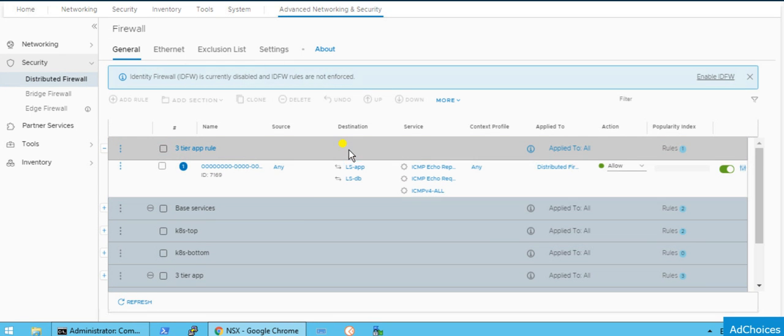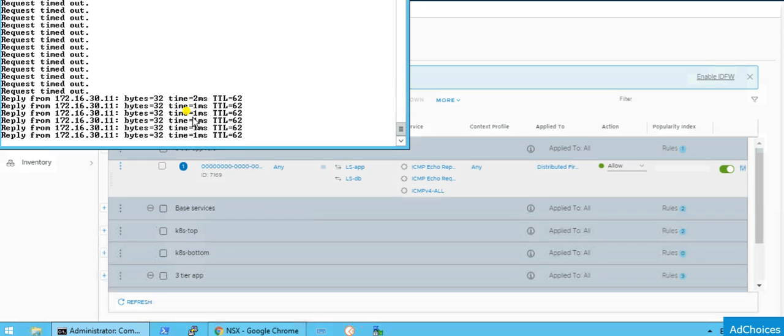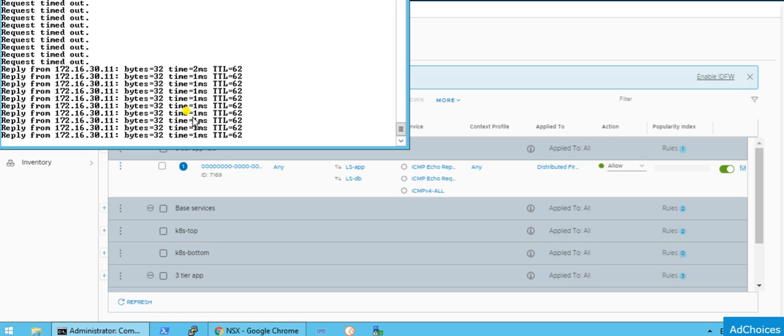Okay, hit publish and let's see. As you can see, as soon as I clicked on publish, the replies started coming. Okay guys, so this is the DFW firewall rules implementation from the advanced interface.